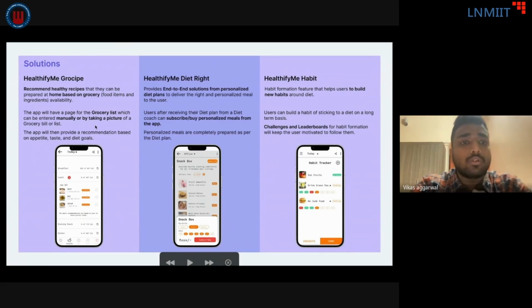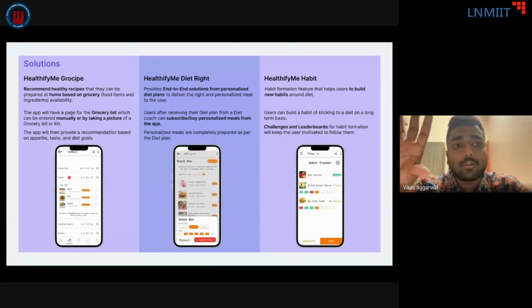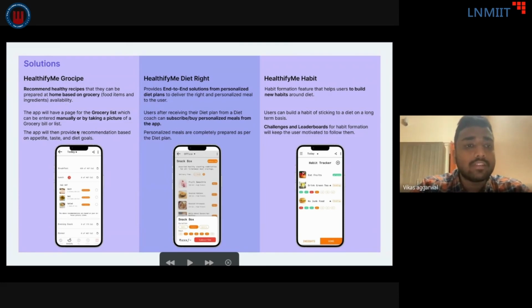So Grocery में क्या होता है, मतलब you will see they can be prepared at home based on the grocery food items and ingredients availability। So, अभी HealthifyMe में क्या होता है, HealthifyMe recommends food कि you should eat, मतलब मेथी पराठा in the morning, you should take 1 glass of milk, something like that, entire day की, मतलब they tell you entire meal journey। But HealthifyMe Grocery, what it will do is the app will provide recommendation based on appetite, taste, diet goals। So this is how, मतलब it can serve our business goal।